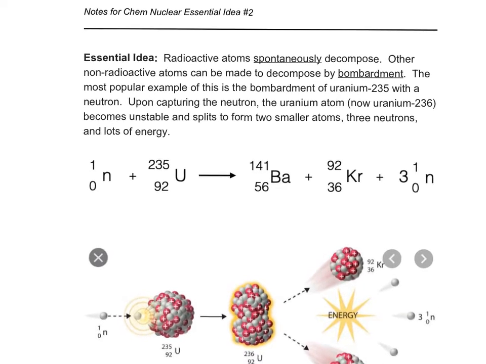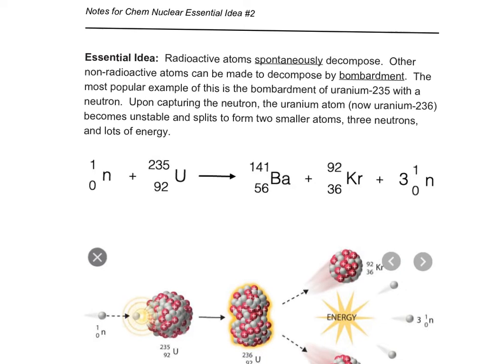So what we see in the nuclear equation here is, this time we have two particles on the reactant side, so to speak. That's because we've got this uranium-235 atom. I think its half-life is billions of years if it's just left alone. But we can engineer it through bombardment with a neutron, and then we can instigate the atom splitting. So when it accepts the neutron, it becomes unstable. It splits into two smaller nuclei and then ejects